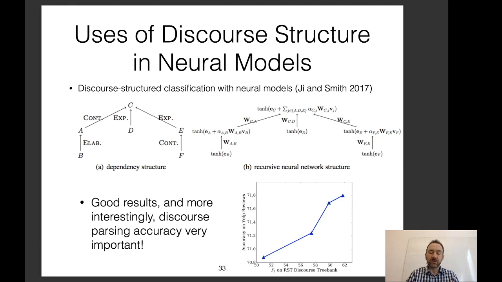But one other interesting thing that I found in this particular paper is that the accuracy of the classification convincingly went up with the strength of the discourse parser. And because discourse parsing is still relatively hard, a harder, higher level task, I found this quite interesting. It kind of motivates more work on these harder understanding tasks for use in downstream applications.